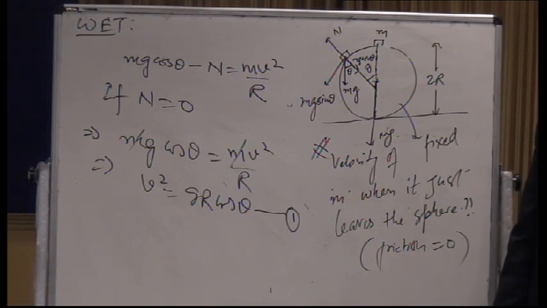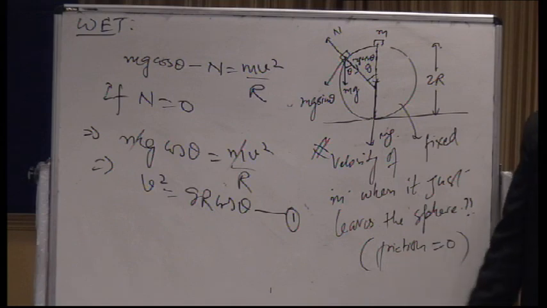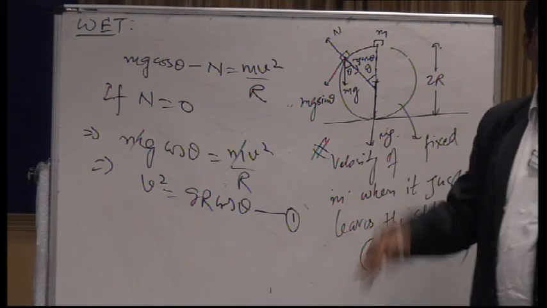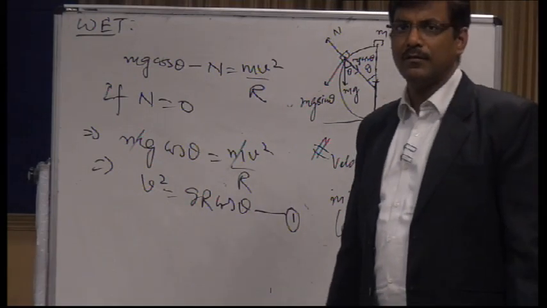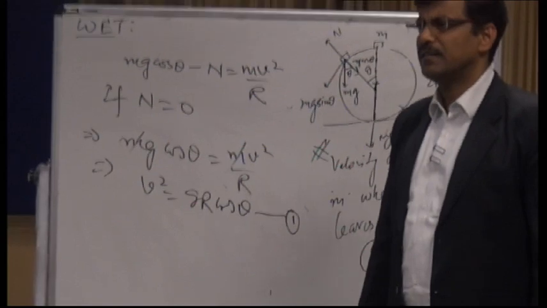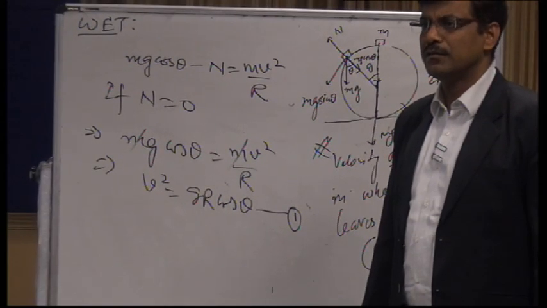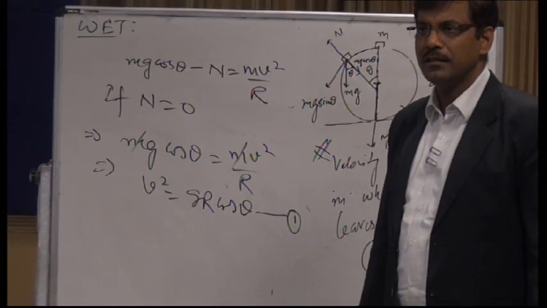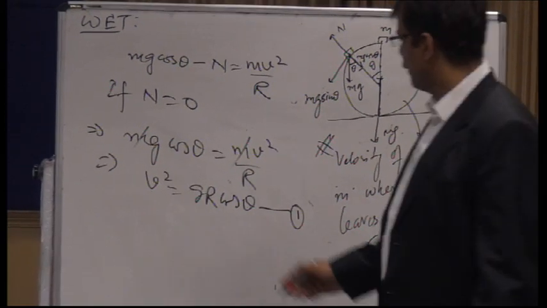ठीक है, यहां तक ठीक है बिल्कुल. We have to move on to make another equation. Why? Because there are two variables here, v and theta, and one equation is not sufficient. Let's try to find out one more equation by using work. Work done is equal to change in kinetic energy. ठीक है, work लगाए. So by work,